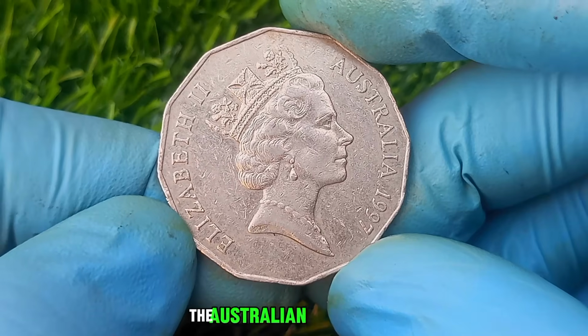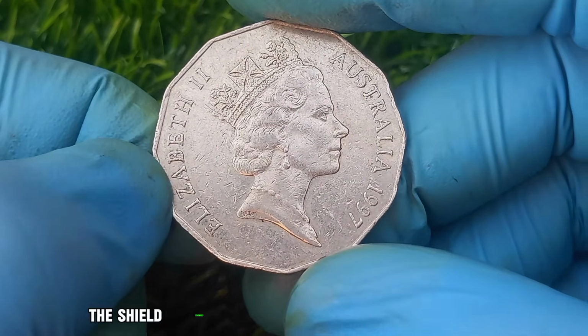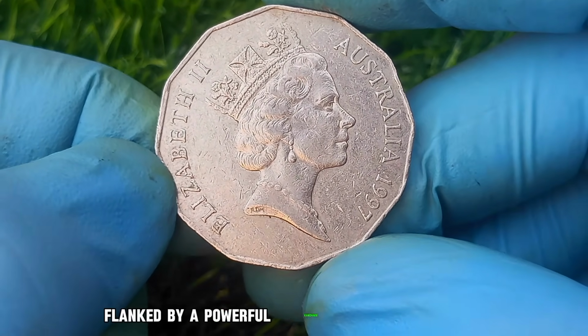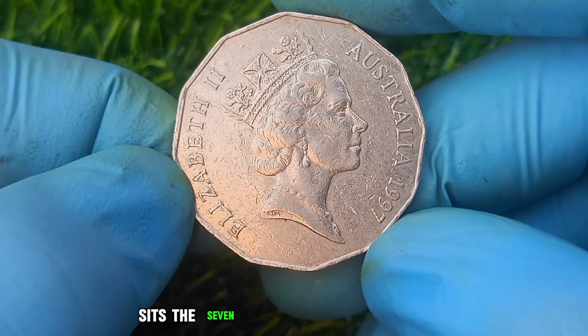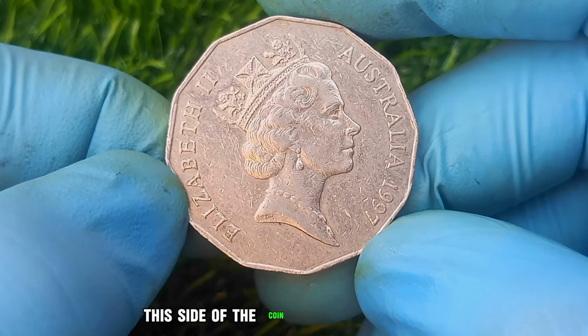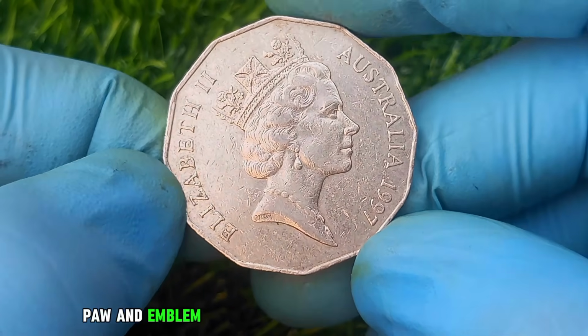Here, the Australian coat of arms is presented with magnificent intricacy. The shield features the badges of 6 Australian states, flanked by a powerful kangaroo and a stately emu, standing on a decorative base of golden wattle. Above the shield sits the 7-pointed Commonwealth star. In excellent condition, this side of the coin glows with richness, every feather, paw, and emblem brought to life in